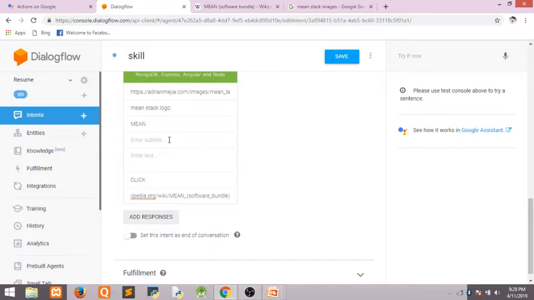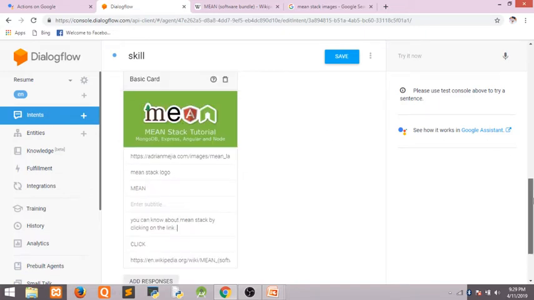So in the text I'm going to add, know about mean stack by clicking on the